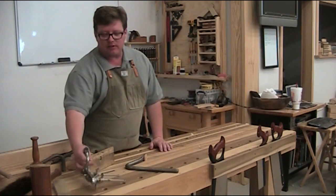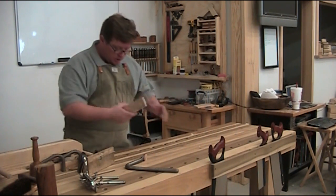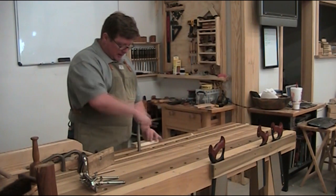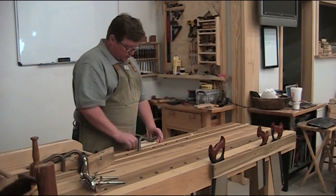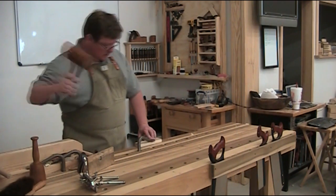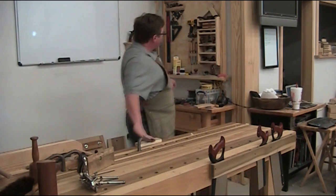Here's how I do grooves nowadays. You have a board, maybe you're making a small box, working on it. I come over, I secure it somehow. I'm just going to use my hold fast for today. A good whack. And I literally walk over to my